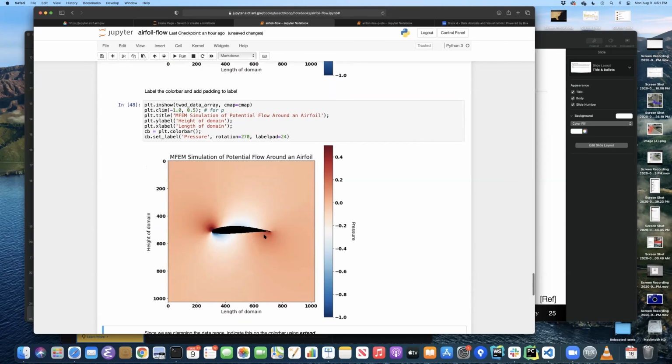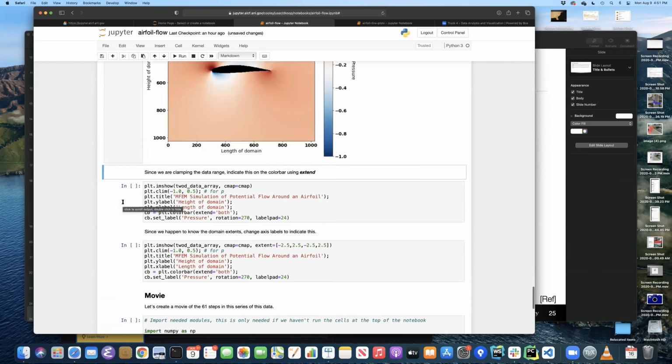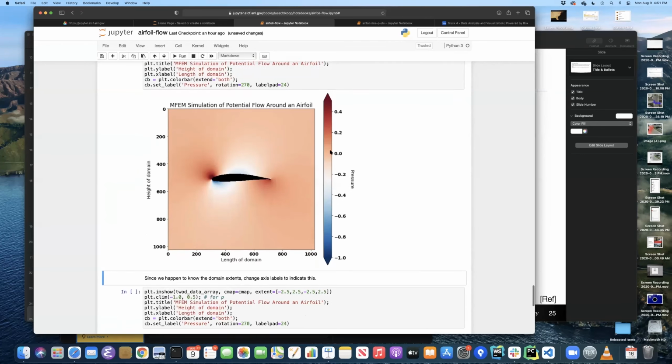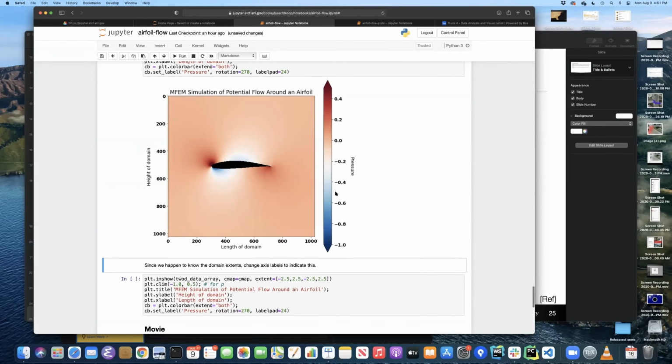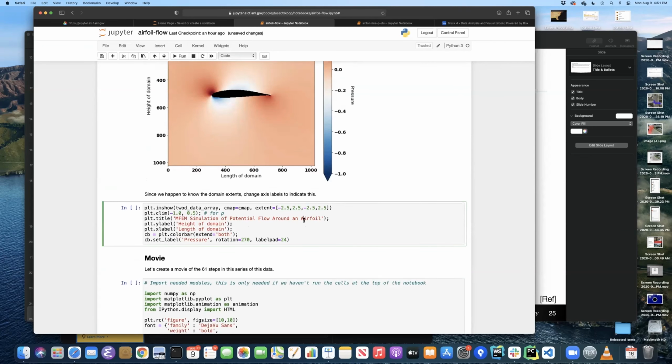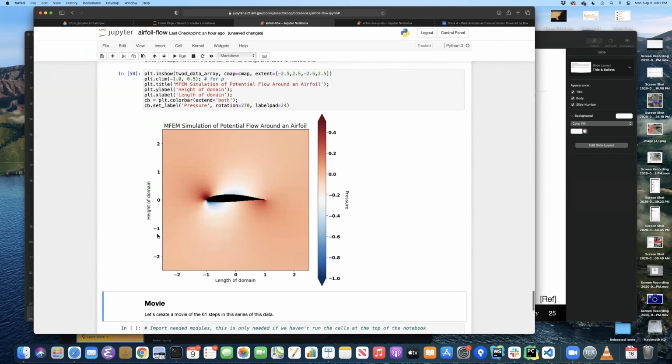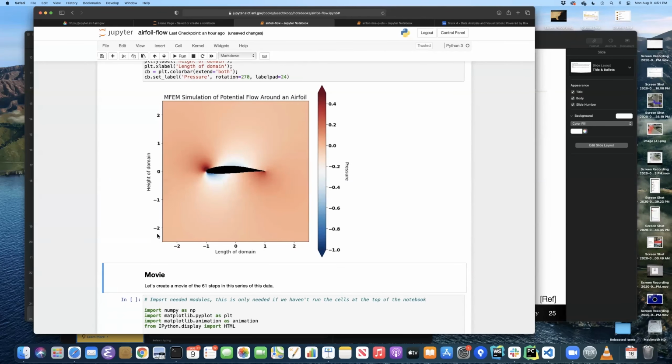And we can add a label again to the color bar and change some pieces about that. Add some arrows on the end to indicate that we clamped the values there. Change a few other things here.